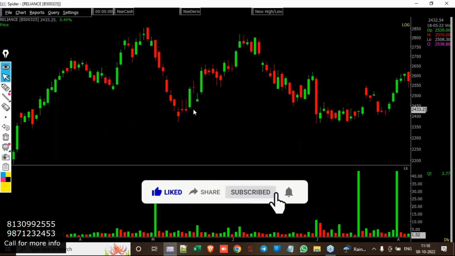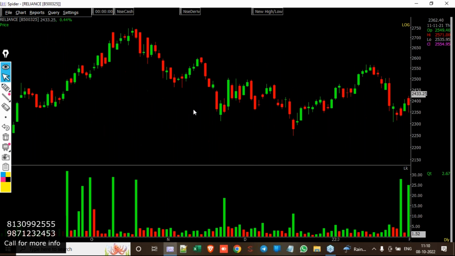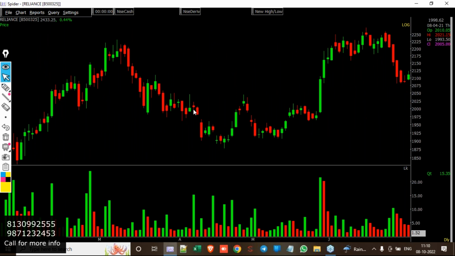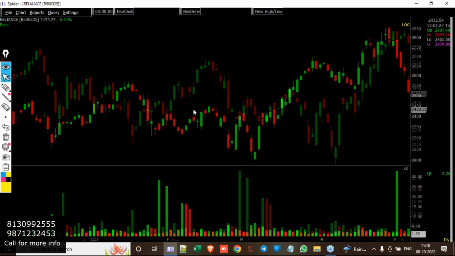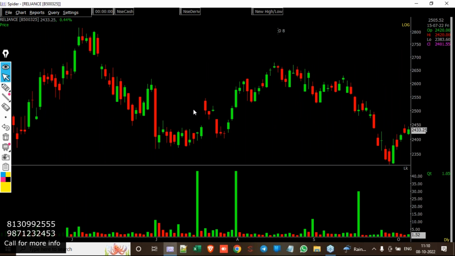So we will use the right and left arrow keys on the keyboard. In order to go backwards, we use the left key, and in order to move on to the right, we'll use the right key. Okay,